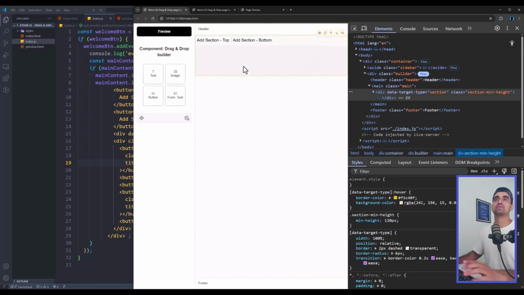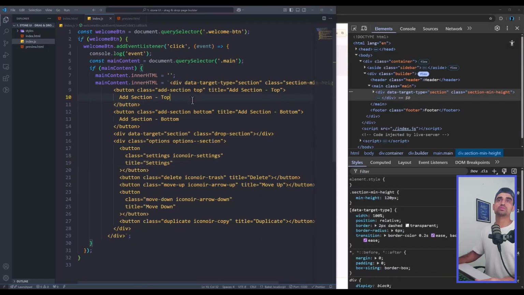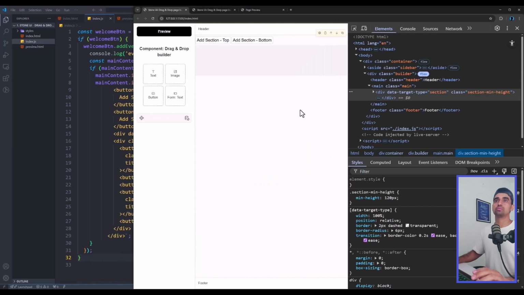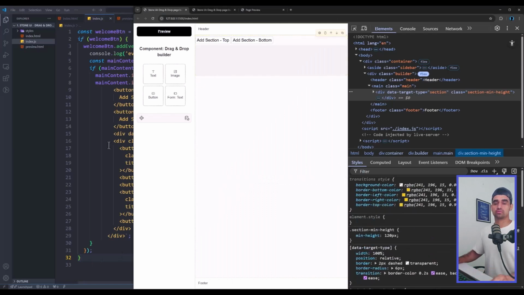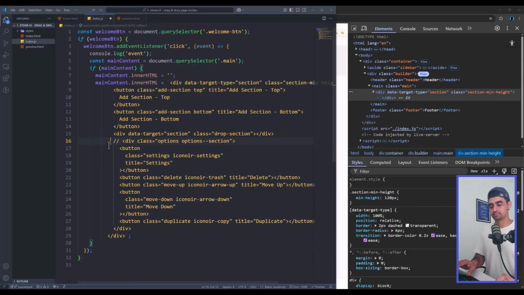So when we add a section, we have few more buttons: add section top, bottom, setting, delete, up, down, duplicate. We will add event listener for all of them, but before that let's just refactor this code. So this code, it's working for a one button, which is the welcome button, and then setting the inner HTML of the main content. This is fine, this will work, but I'll show you we can do it differently. So we don't have to add event listener for every time, because we will have so many events for this project. So I will just comment it out,